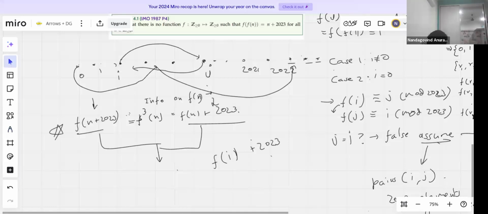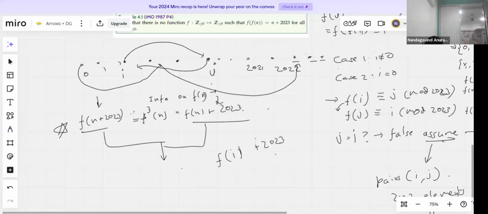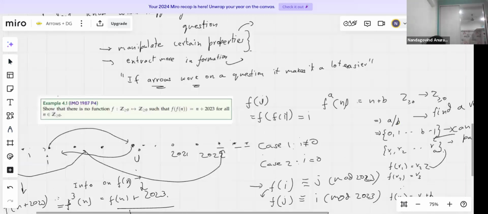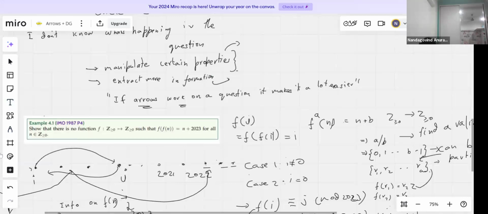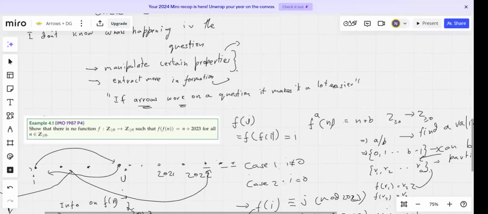Nice, that's still a lot of work. So what you should have right now is f of n plus b is equal to f of n plus b. So I'm trying to find a way to get out of that and use the fact that A